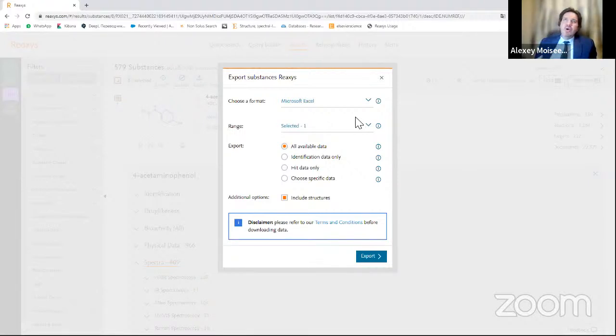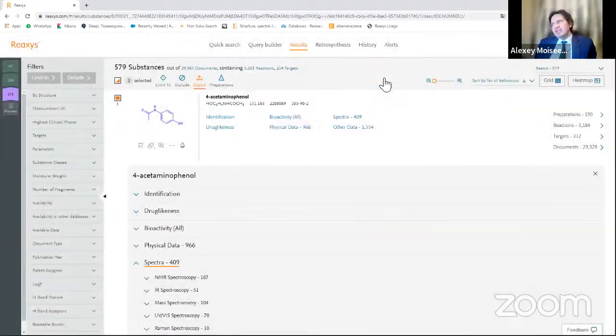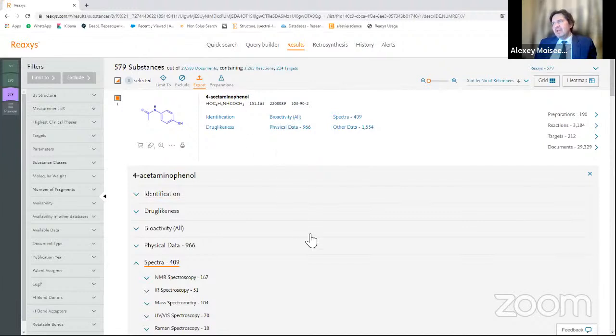If you compare your results with the results that were created by other scientists worldwide, you can easily do it. You don't need to do this mechanical copy paste job anymore. Everything you can do immediately.